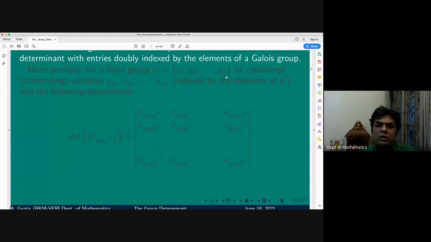All the rows are sort of permutations of this row. The idea behind constructing this matrix is very important, particularly because it is doubly indexed by the elements of the group. If you see the indices, they are doubly indexed. And they are also entailing a property of